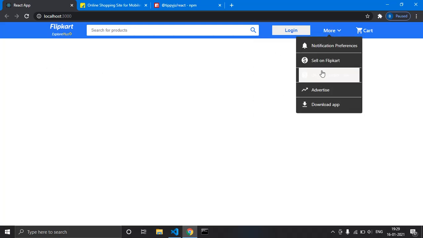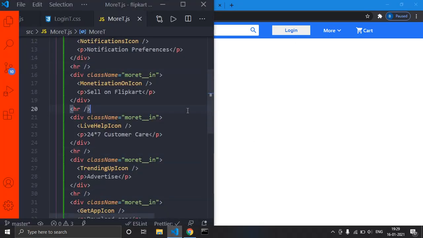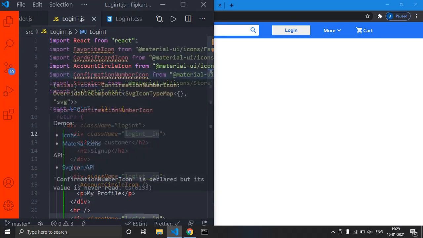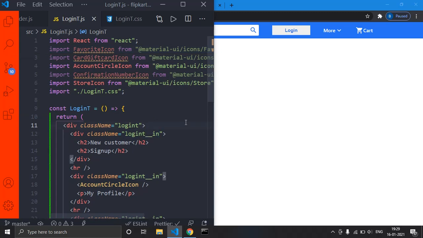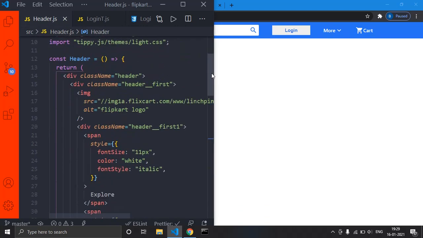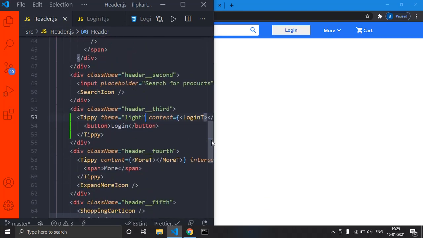Now you can see over here, all the styles are right, but it is still black, right? That is because we did not give theme as light. So let us get into login.js, and we have imported that theme, right? Where is it? Okay, it is under header.js. I'm sorry. We want to give theme as light, so I'll copy this theme and place it over here. Press Ctrl V and Ctrl S, save.